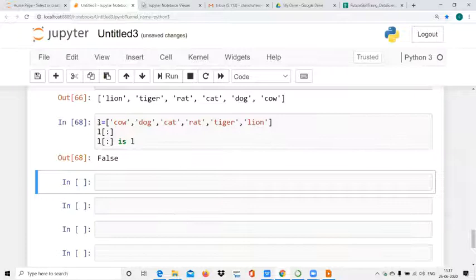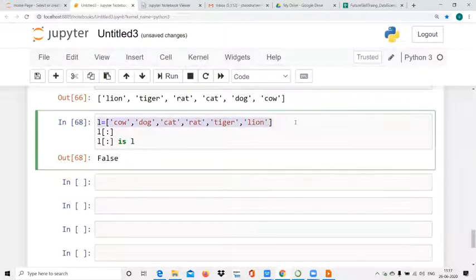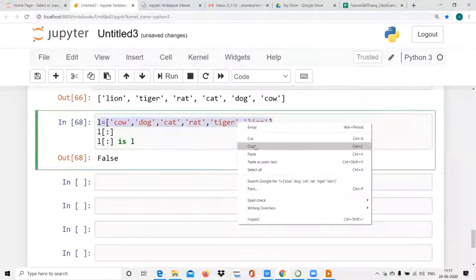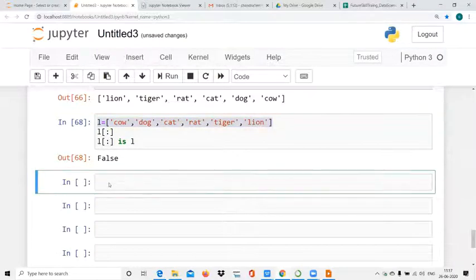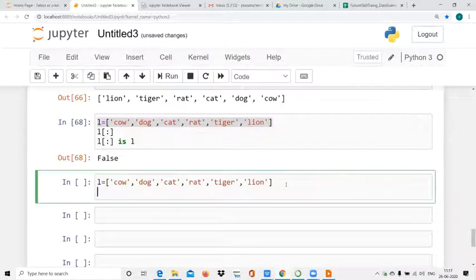Suppose this is a list. In any list, you want to find out whether one element is present in this list or not. So we will use the in operator: cow in list L. Is it in the list or not? So run.